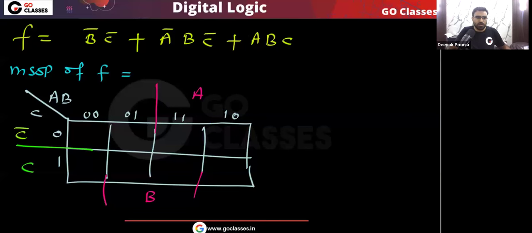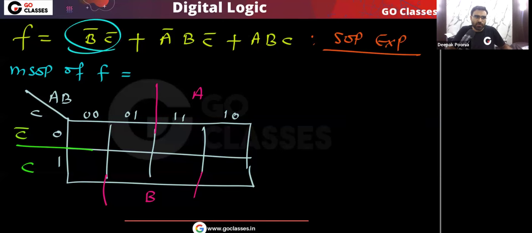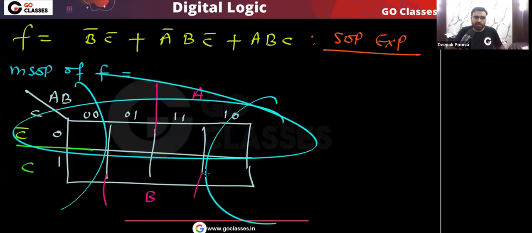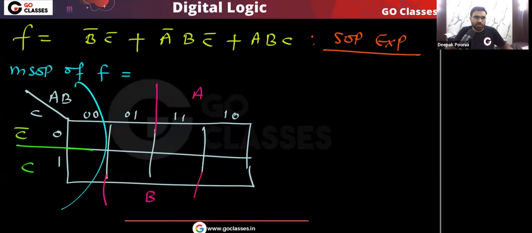First, you label the areas in the K-map. Now look at this SOP expression. Remember, this is the SOP expression, and from the SOP expression, you can easily fill the K-map. Just look at every product term. This product term, b bar, c bar. Which area is b bar, c bar? You can see this is the B bar area and this is the C bar area. So which area is the b bar, c bar area? You can see this area is b bar, c bar.